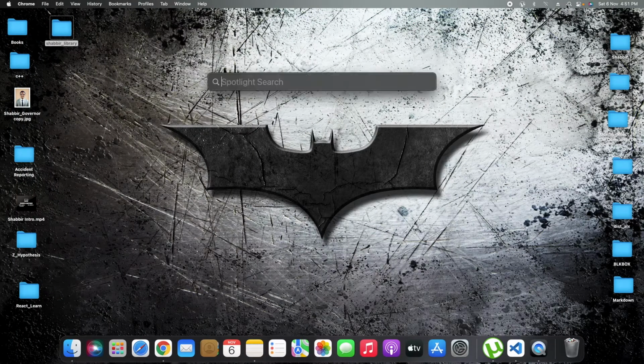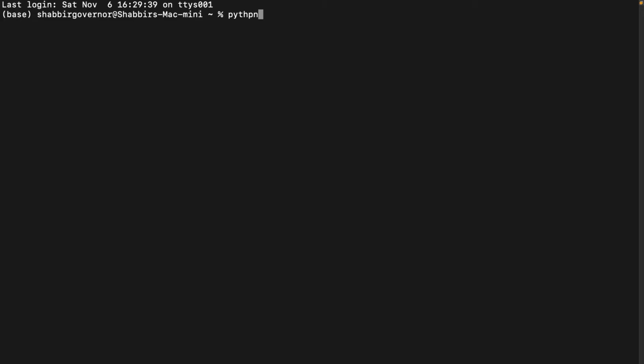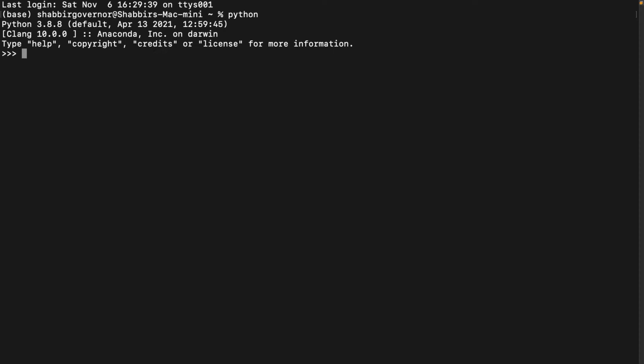So let me open my terminal. Let me check the Python version. So it is the version number that I expect. So first we will uninstall it if it's already there.